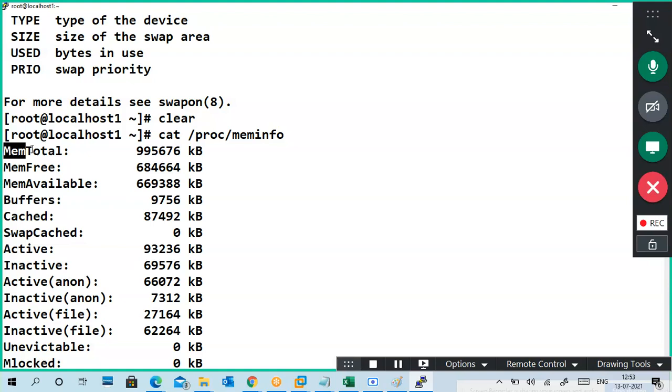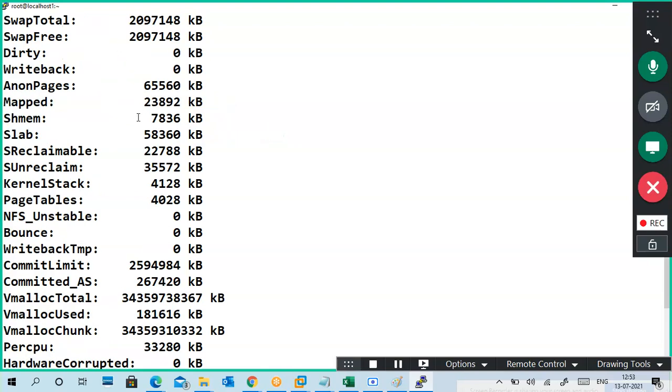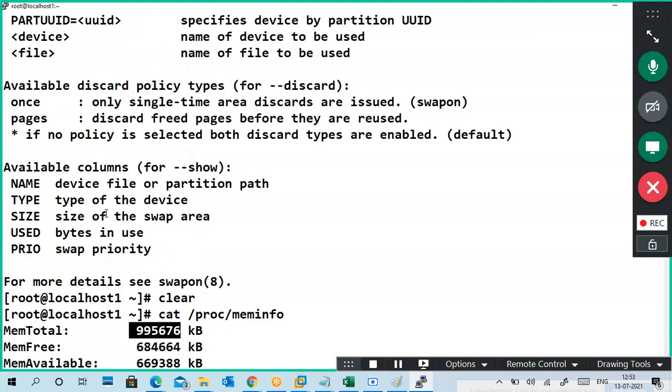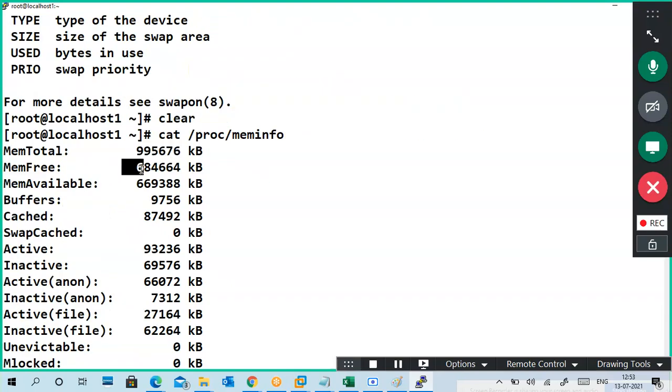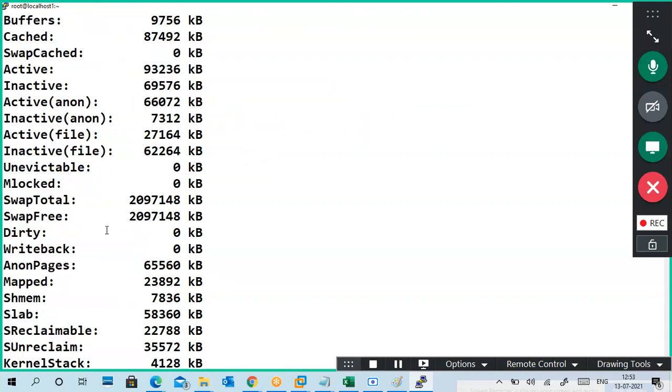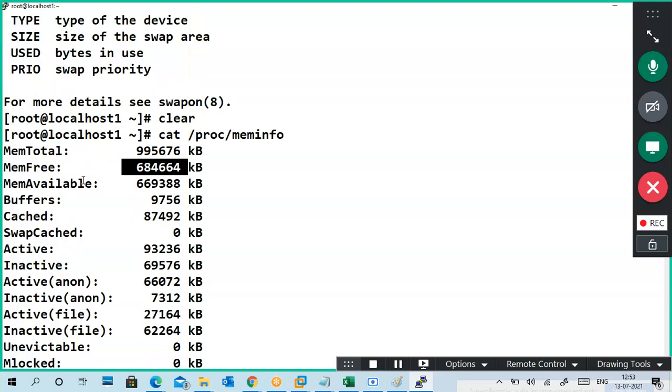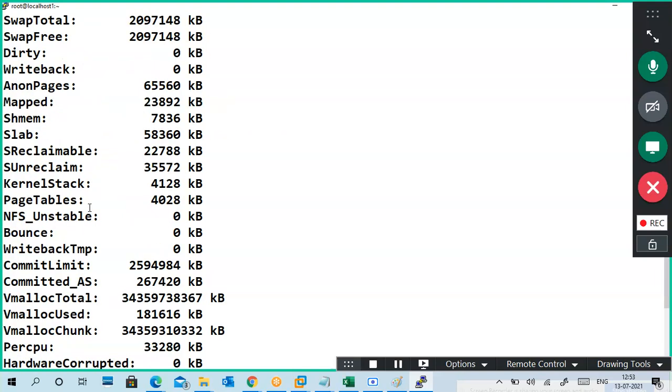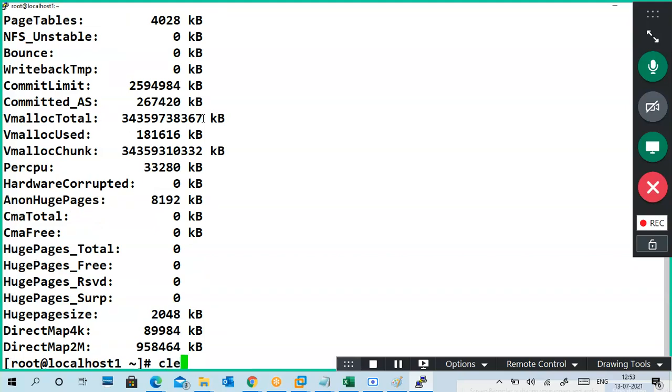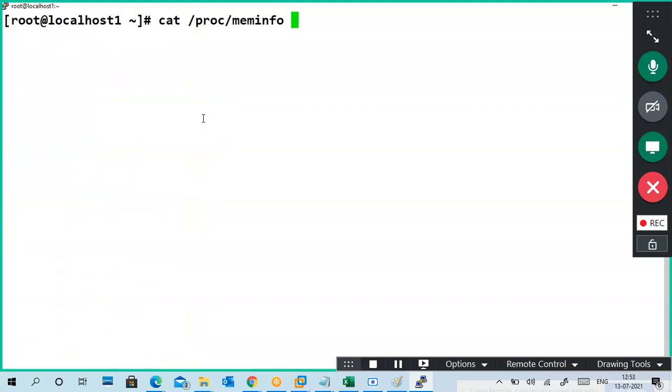This is my total memory. So my total memory is 1 GB. Okay, free memory size, you can see free memory, and you can see swap memory also, total swap memory, where it is located. Swap total. This is the swap total memory. So clear. So I use this command.